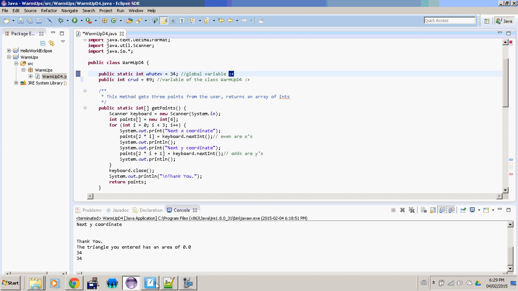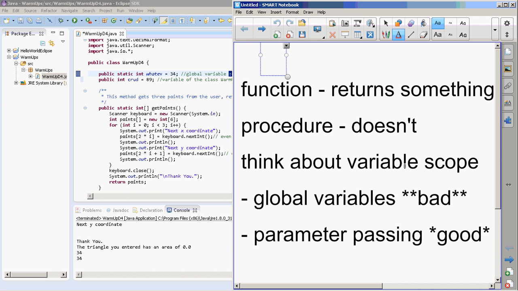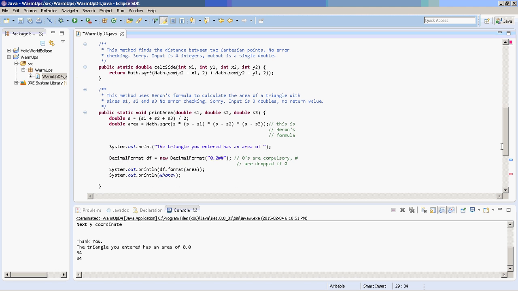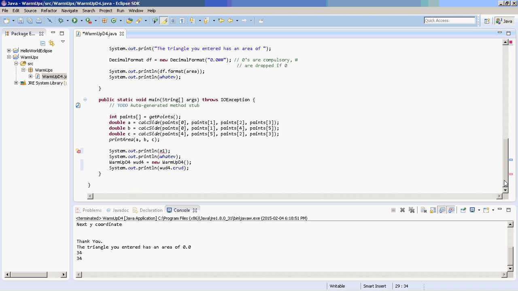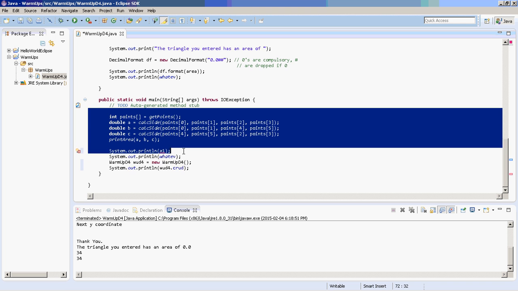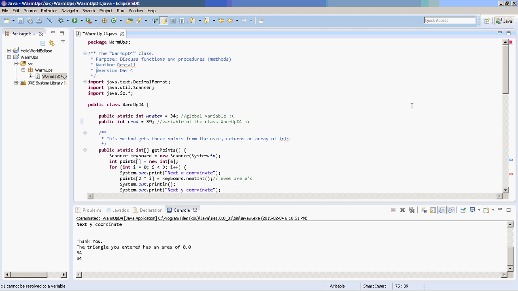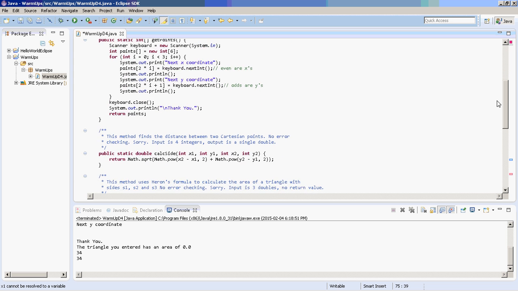And I think that's one of the points I made. Think about variable scope. Global variables are bad. Instead, what we should be doing is parameter passing. If I need something from one method to another, I should be passing it back and forth. It shouldn't necessarily be a global variable. And local to the main method, fine, and then I'll pass it back and forth to my methods. That's dandy. But these global variables are a bad idea just because, well, notice that if I wanted to,